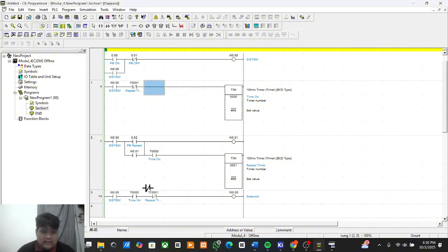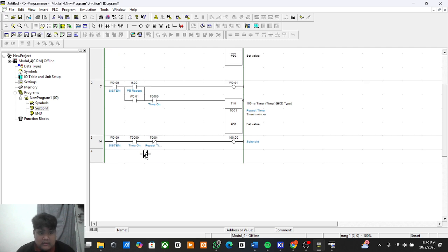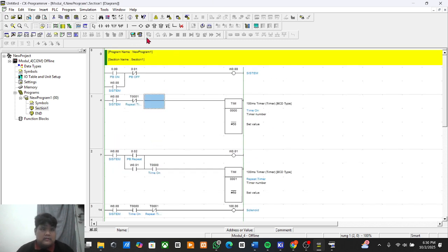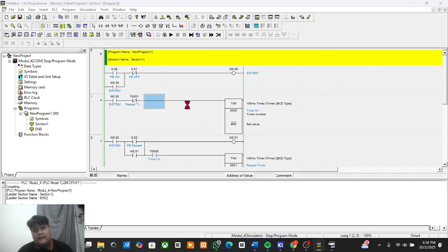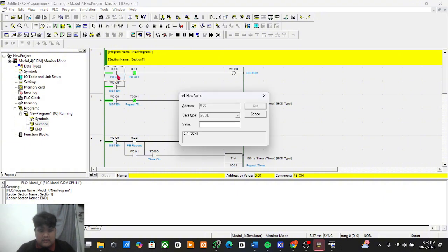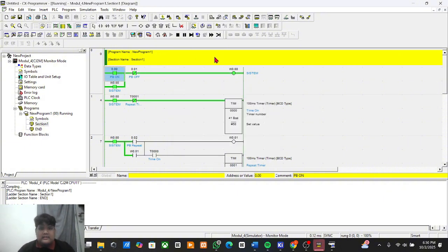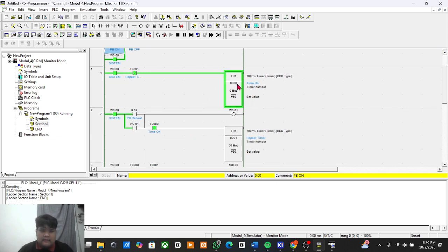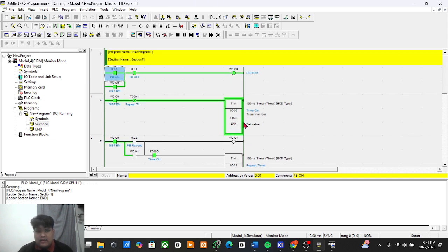Okay, like this. Then turn on again. These two contacts are always on. Now we turn on the push button again. The system will be on and the timer will repeat like this. And if we do not turn on the repeat push button, the system will be on immediately.